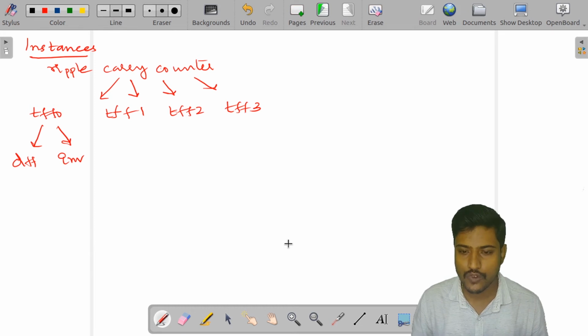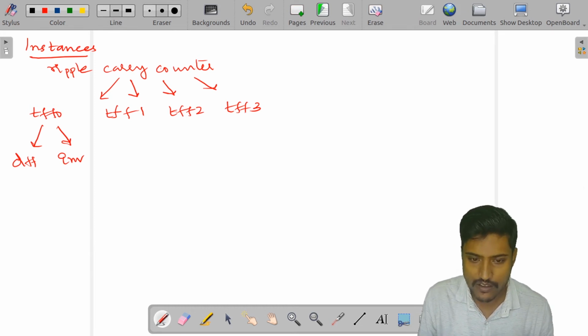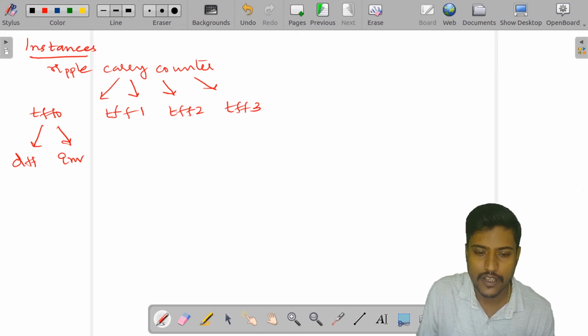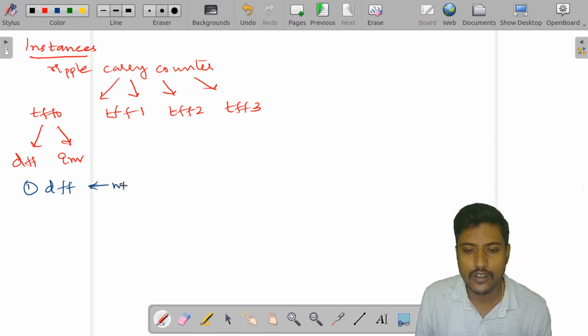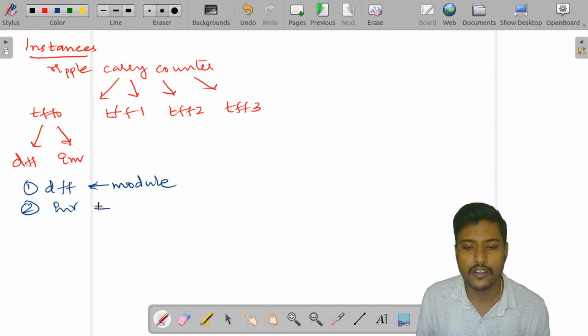If you are going with a bottom up approach, first I need to write a module for the D flop and inverter. Anyhow, the inverter is inbuilt.